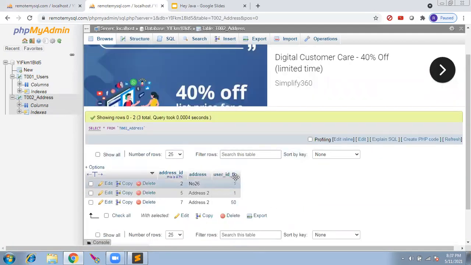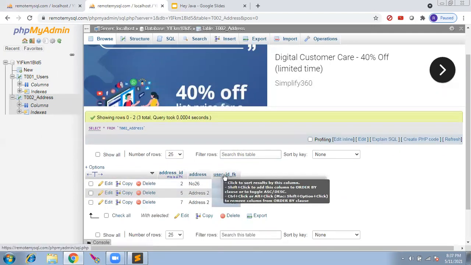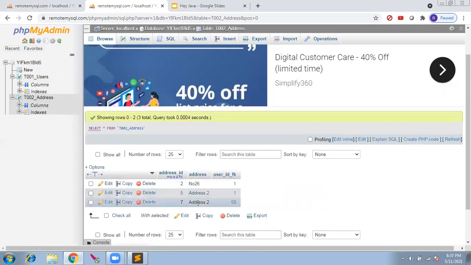Foreign key is optional. It is not mandatory, but if you keep the foreign key, it is easy to maintain. Without a foreign key, it will be a nightmare, and data will be duplicated. If I don't have a foreign key here, for every row of address I have to give the name, like Rajesh or Ram, repeating it each time. So we use the foreign key.